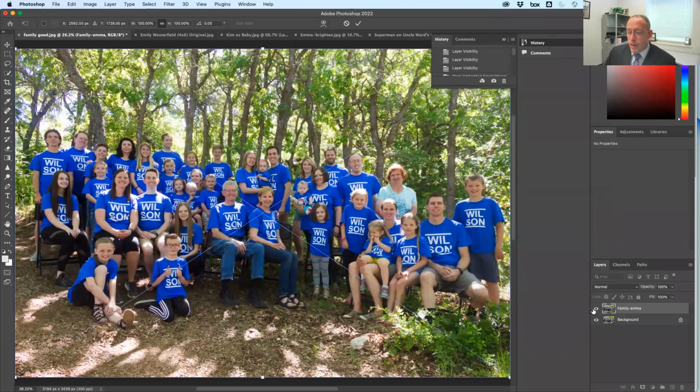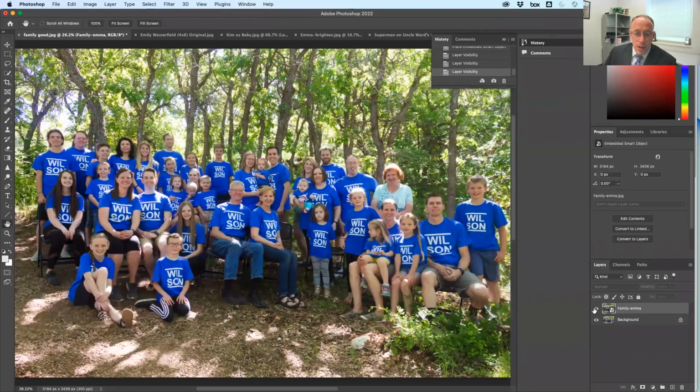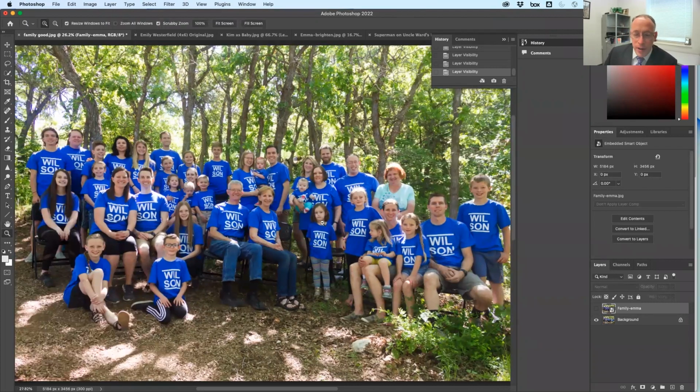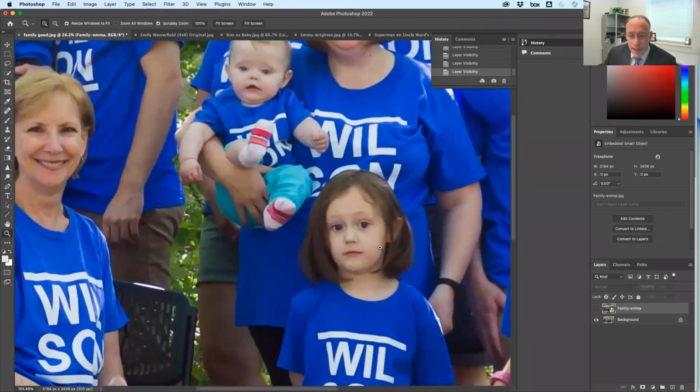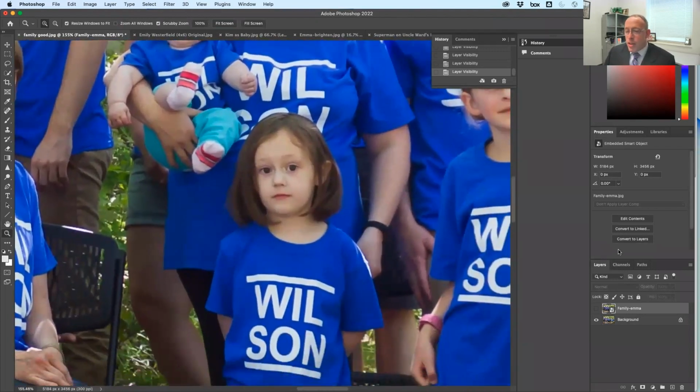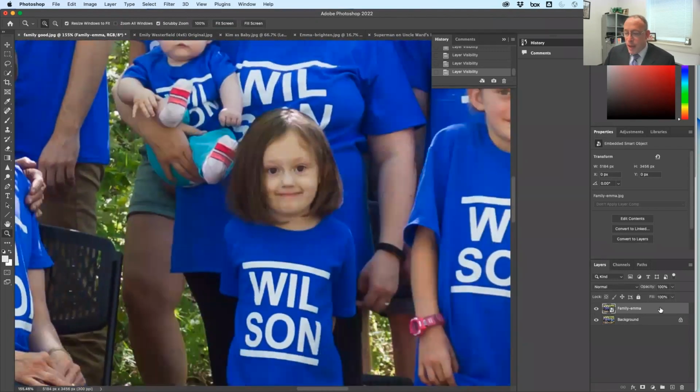What this did is it opened the file as a layer on top of my original. So let's say this is the image I want to use. Everyone's looking except my daughter. Not a true statement, but let's just say it is. So then I come in here and now I click on my second layer. That's the one I want to use. I think perfect. So the easiest way to do this, well, there might be easier ways, but the way I like to do it